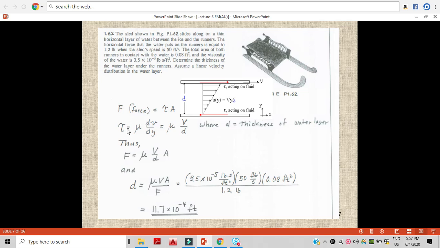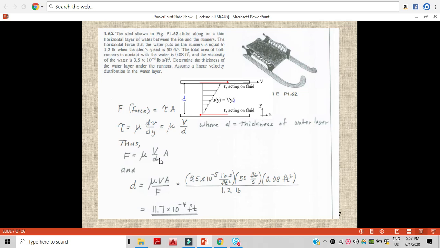So what is the tau? Tau is the shear stress, which is equal to force per unit area. So from force per unit area we can write F is equal to tau into A. We put the value of tau here, so finally F becomes mu V by D into A. So F is known, mu is known, area is known, and velocity is known, so we can easily find out